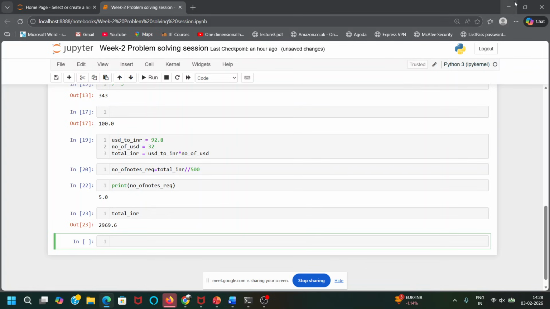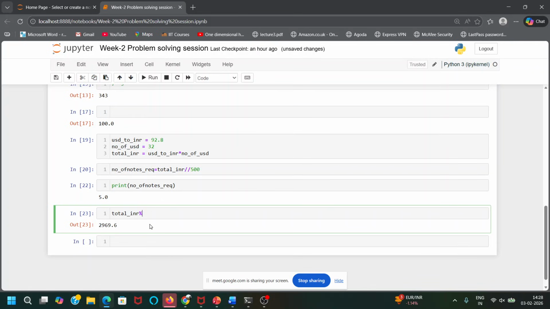Like this, you can brush up your programming skills and also your aptitude skills.